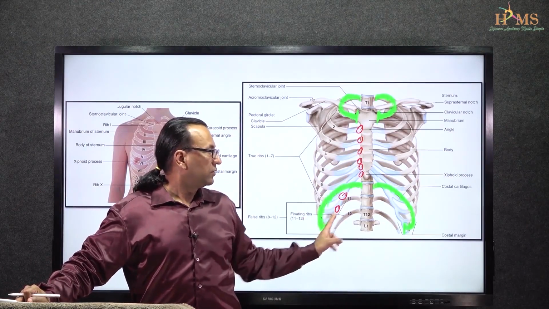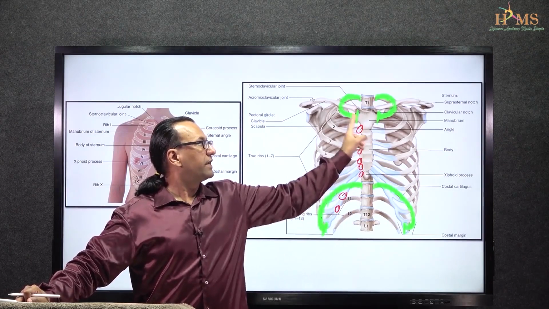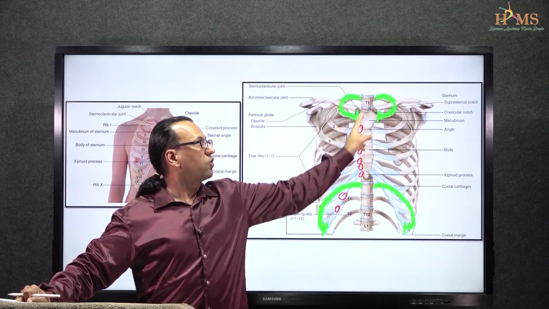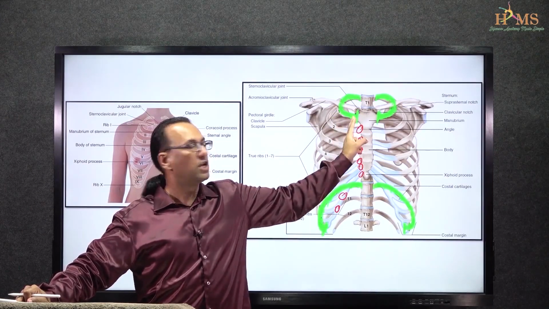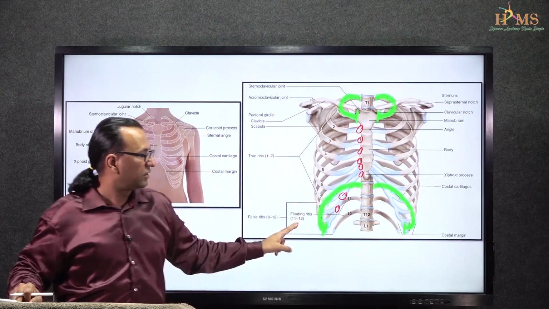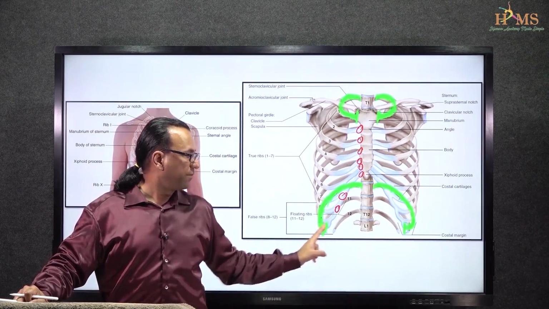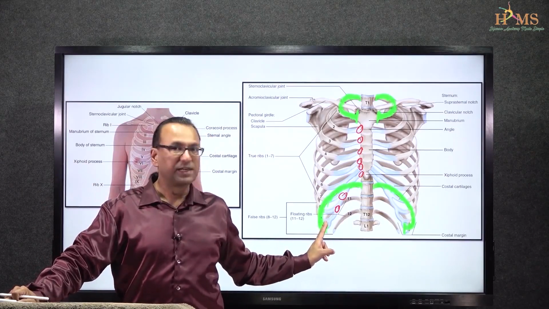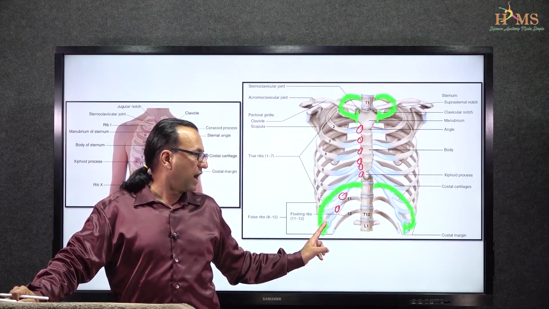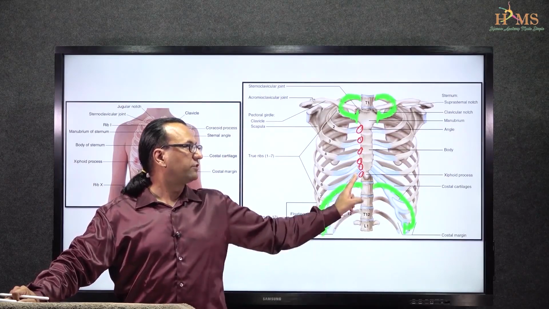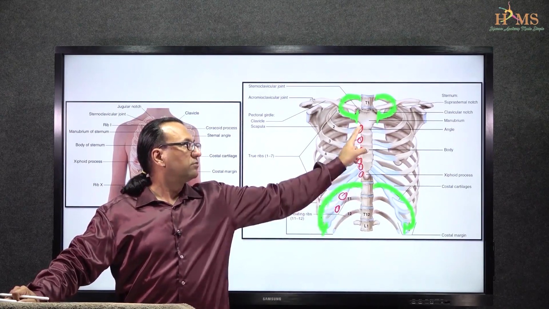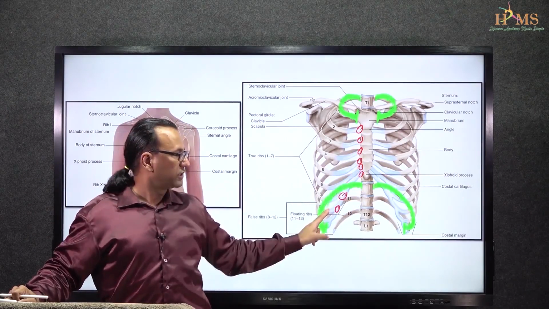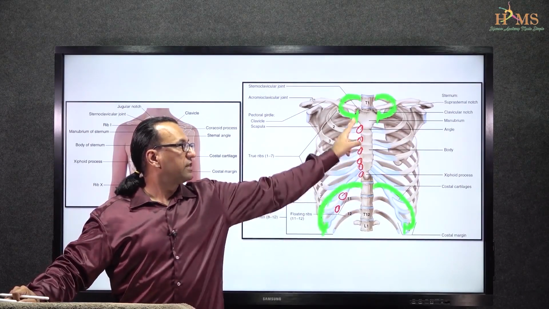Then what is rib number 1 having? It is called a synchondrosis. The first costochondral joint is considered a synchondrosis, and the 10th rib, it is a fibrous joint, syndesmosis. Fibrous joint, syndesmosis, yes. Otherwise, if you look at the 9th rib, 8th rib, or 7, 6, 5, 4, 3, 2, all the ribs which have this joint attaching to the sternum or costal margin, they are all synovial joints.